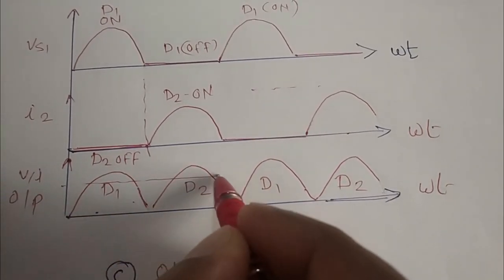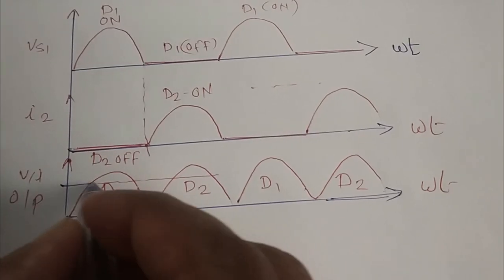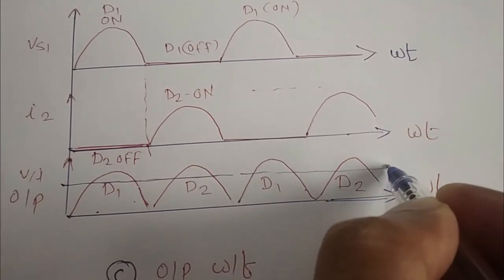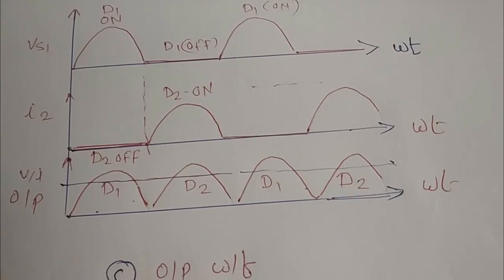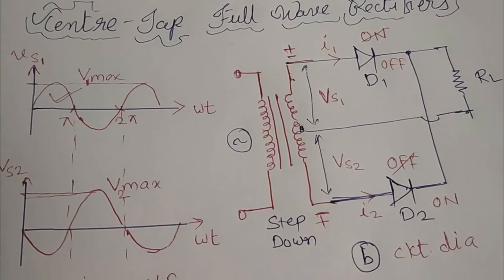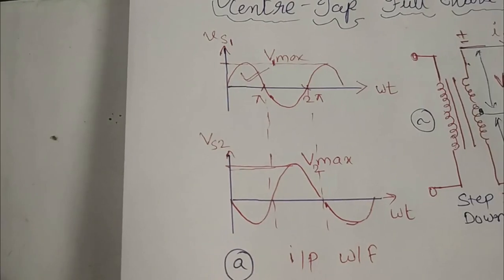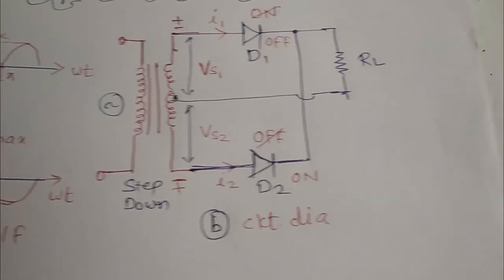So what we have to do is see the DC average. We will see what is the average of DC present in this particular diagram. The same type of derivations we will follow as we have done for the half wave rectifier. So let us see the parameters one by one. First, let us check the parameters for peak inverse voltage, PIV.